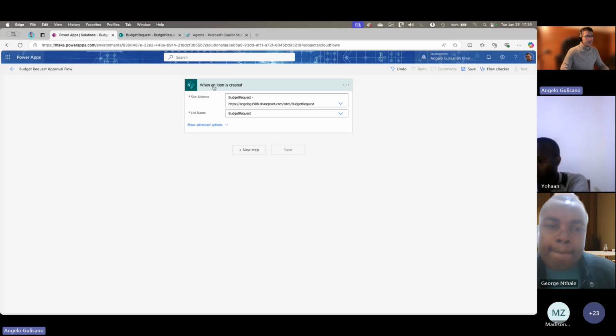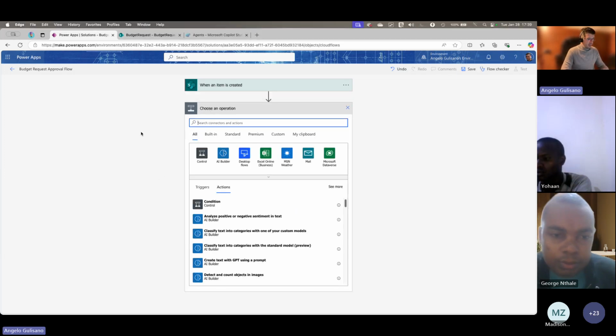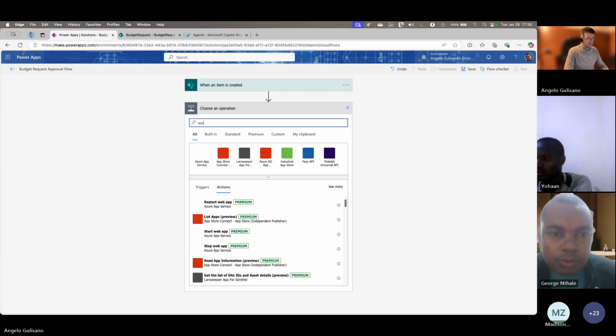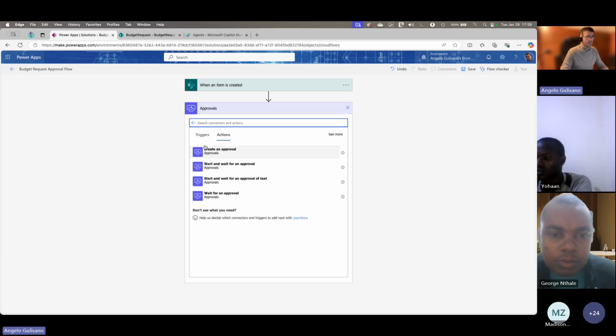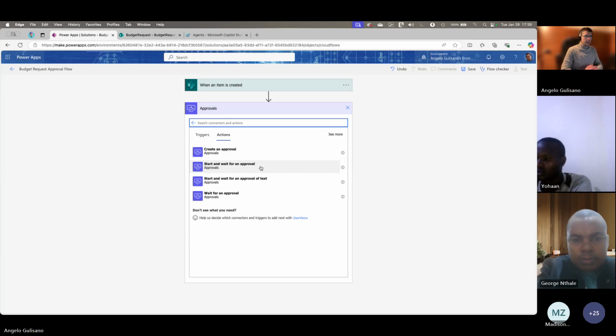So when an item is created on budget request, the idea is to start an approval process. To do this, we are looking for approval, and we have a lot of options. My idea is to start and wait for an approval, because the flow waits for user action.